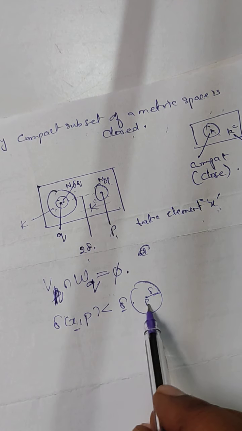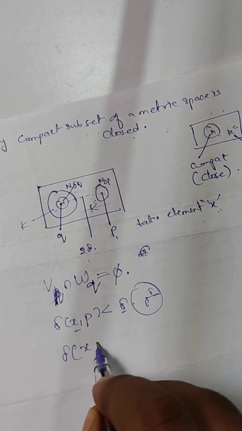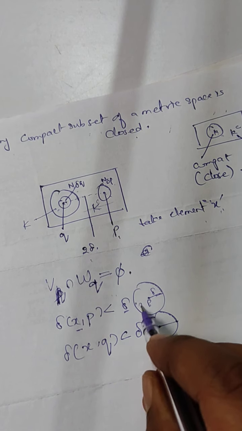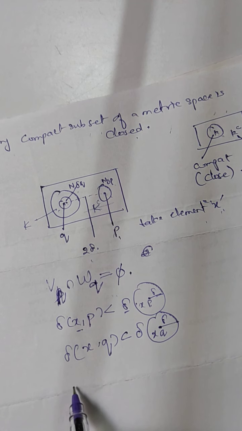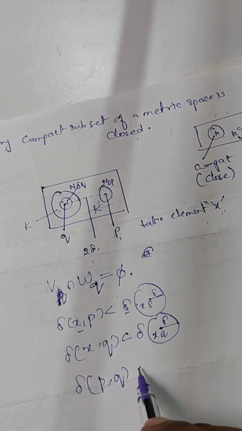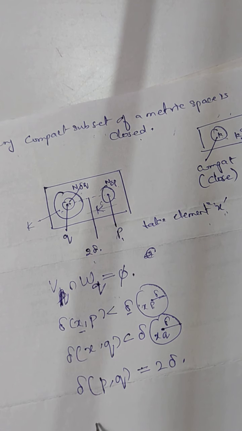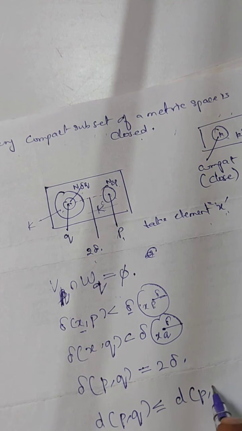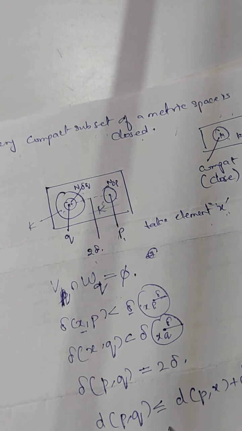Hence we can say that X belongs to this, and the distance of X comma Q is also less than delta. Hence we can say that X belongs to here and also X belongs to here. And we know that the distance from P to Q is equal to delta. Right, now checking the relation, distance from P comma Q should be less than or equal to d(P, X) plus d(X, Q), that is less than